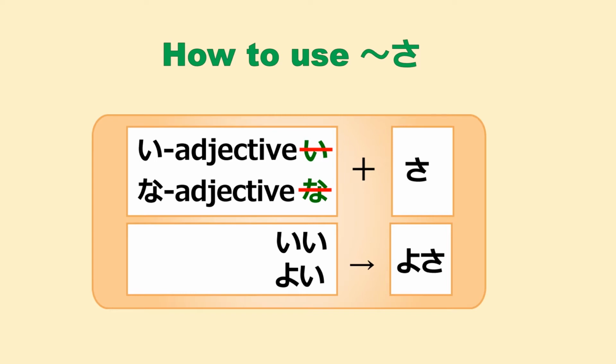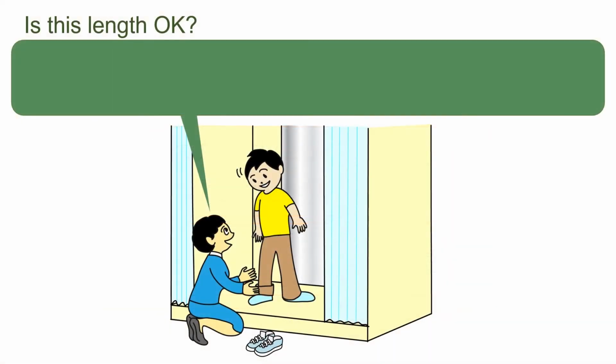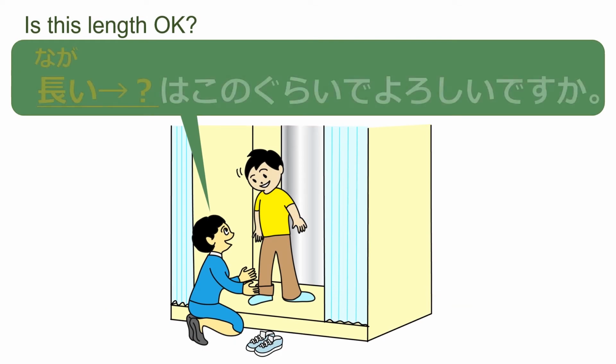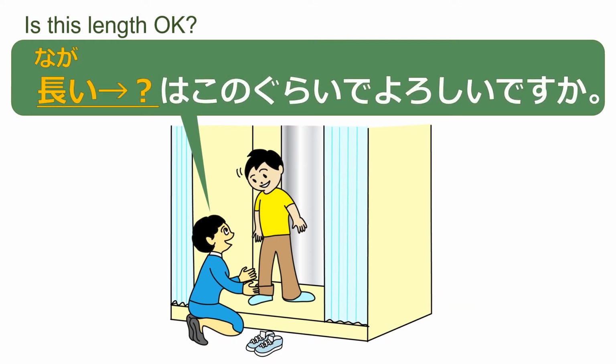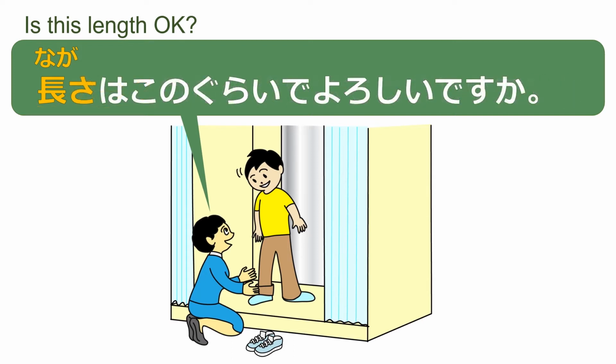Now for the fun stuff, let's do a few practice examples. Remember to say them out loud. 長さはこのぐらいでよろしいですか？